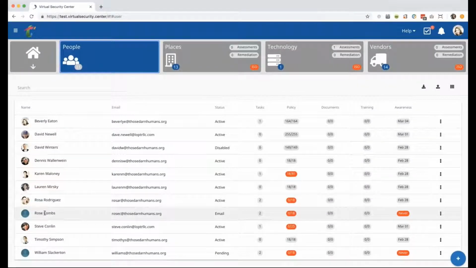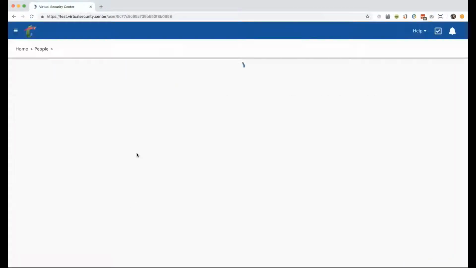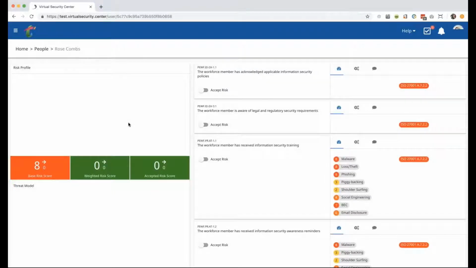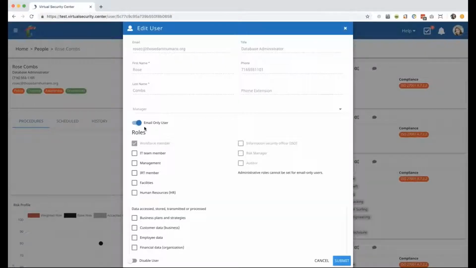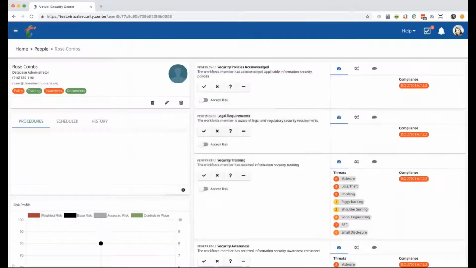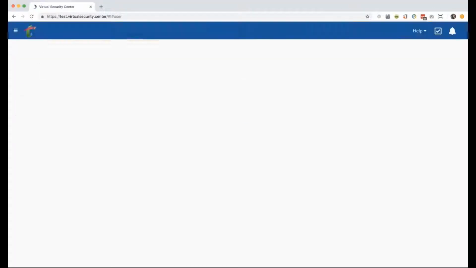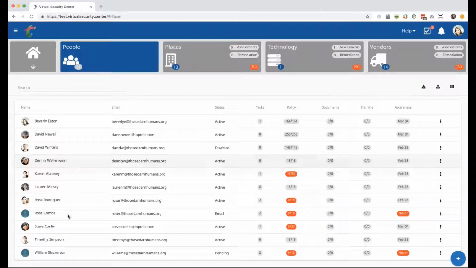So here's one named Rose. And what I'm going to do with Rose is take a look at her roles. So Rose is set up as an email-only user, and she does not have any roles other than the workforce member, something that I was talking about earlier. Actually, because of that, I'm not going to pick Rose. I want to pick somebody who can log in. So we'll pick